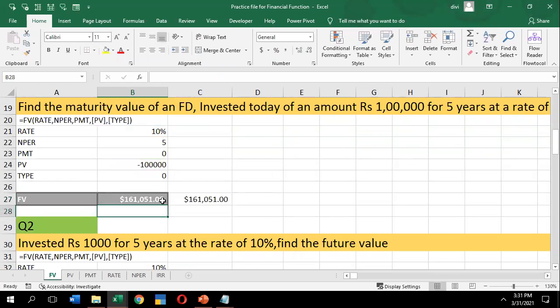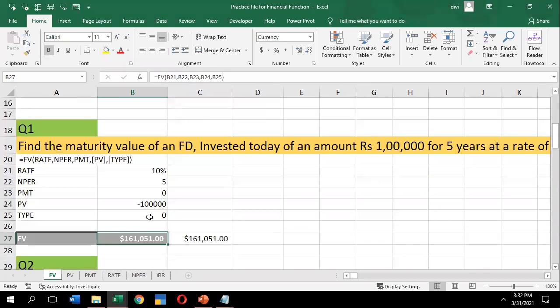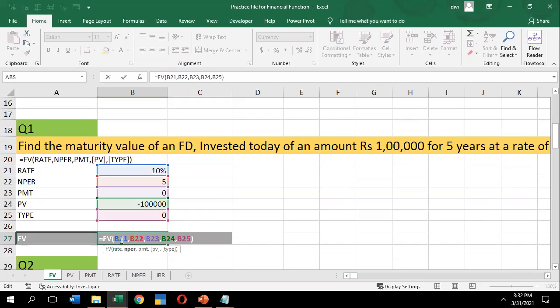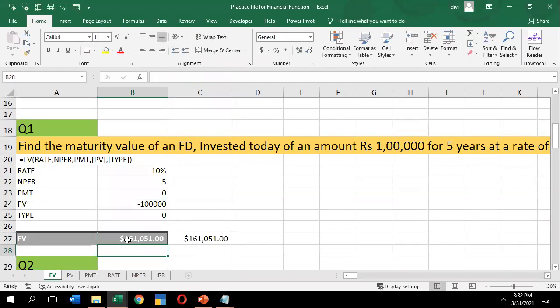Click on enter. The result is 1 lakh 61,051 rupees, that is the future value. Let me show you again how I found it.